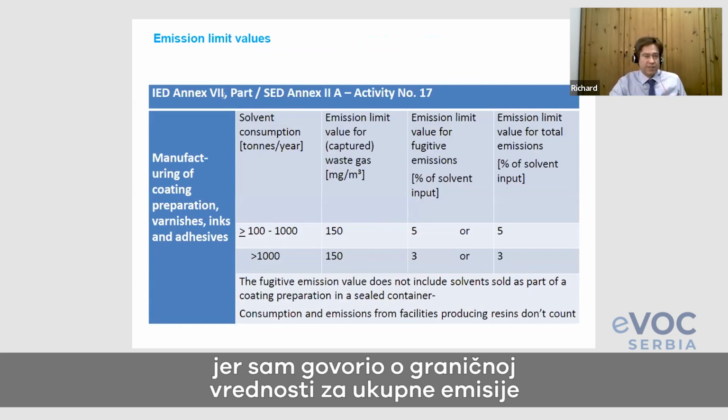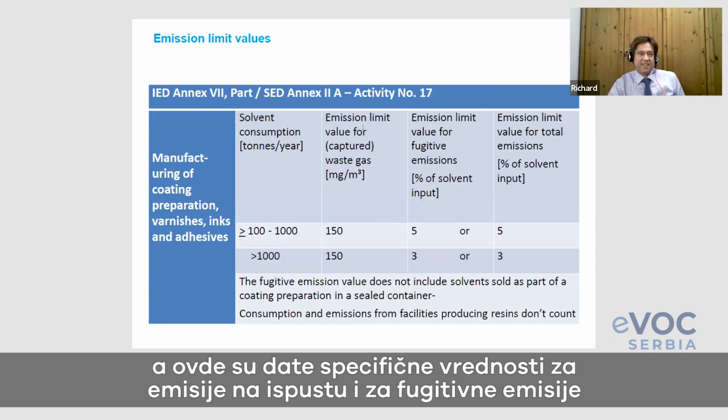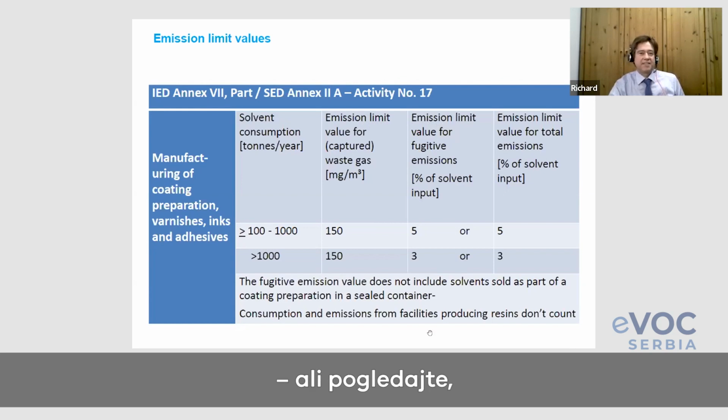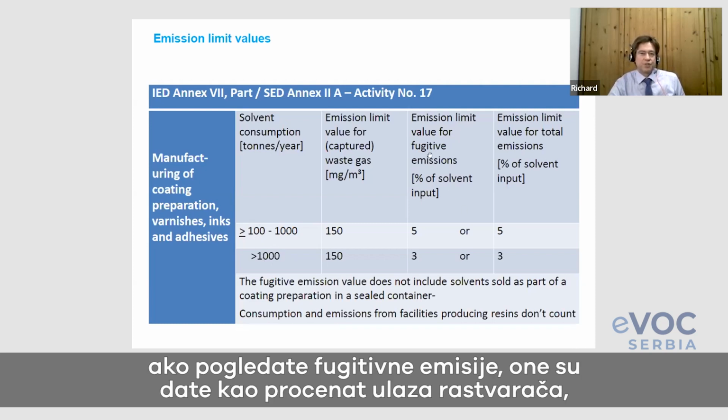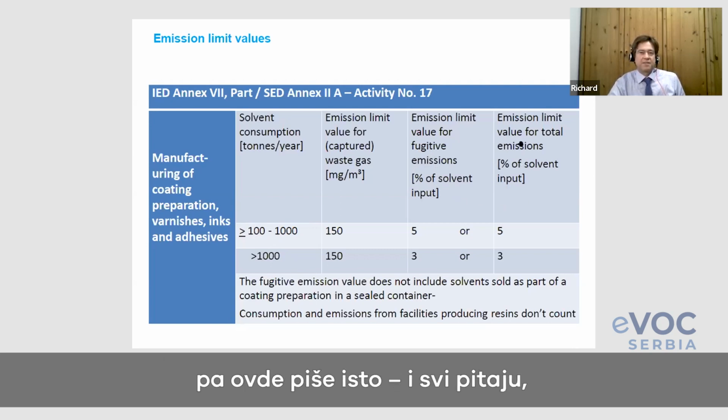Now maybe you're wondering, because I spoke about this total limit value, and here you see specific values for the stack emissions and for the fugitive emissions. But please look, first we have two thresholds: the first threshold, 100 tons and 1,000 tons. And if you look now at the fugitive emissions, that is referred to as a percentage of solvent input. And you see here